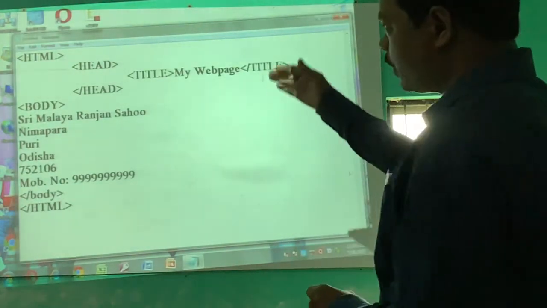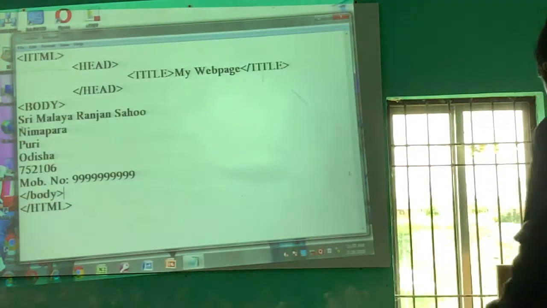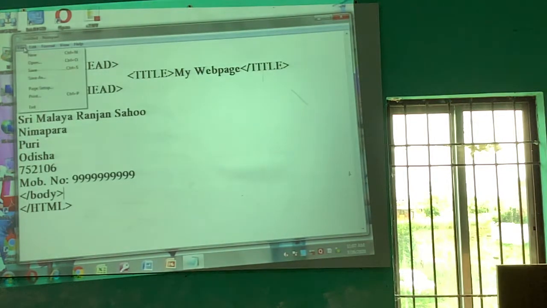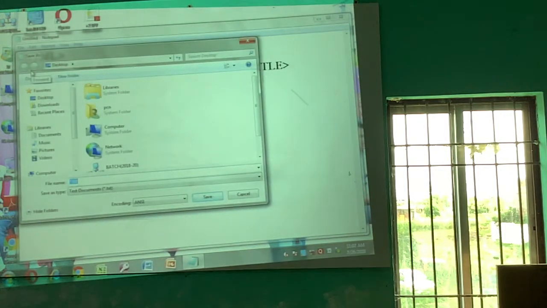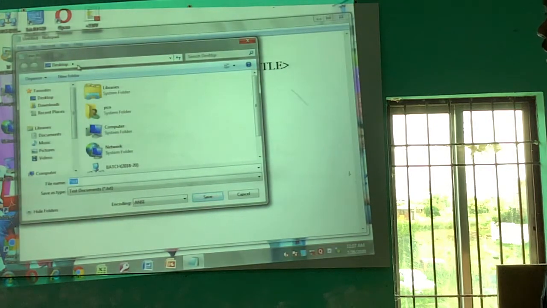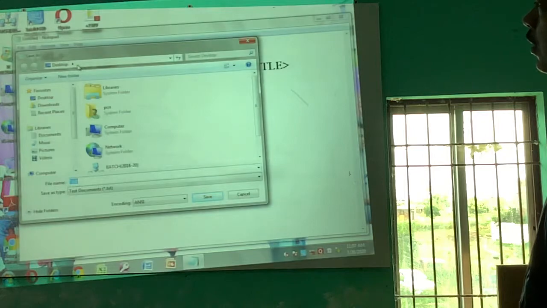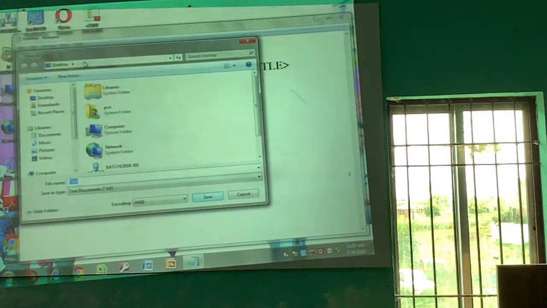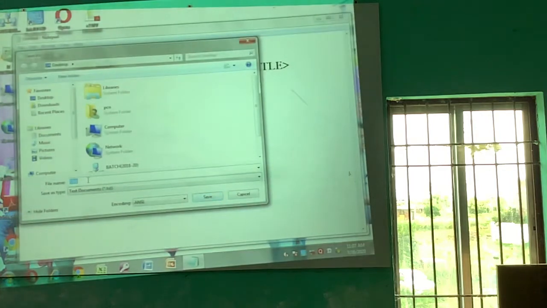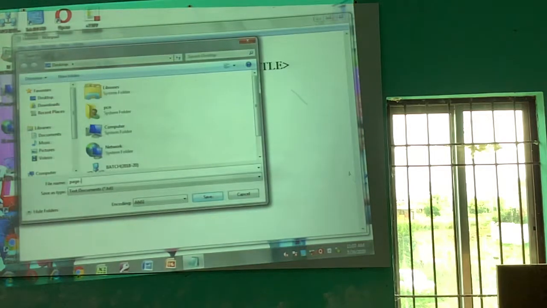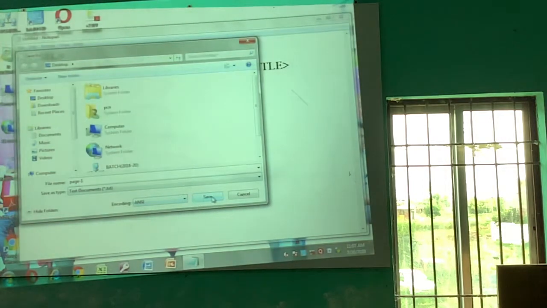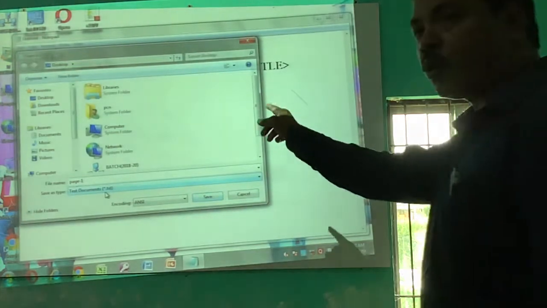After typing the contents, save it. The location is desktop, and we want to save the HTML document on the desktop. So give the file name, suppose page 1. But if you just save it, then it will be a text document.